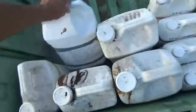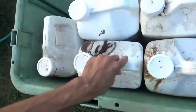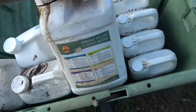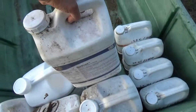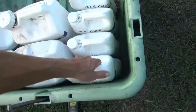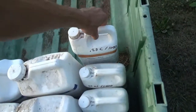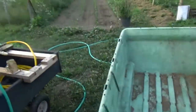So we've got the Neutralive Grow, Neutralive Vitality, Sea Stim, Forage Foliar Custom Blend, which also has Sea Stim in it, Sea Shield, and then the Rebound line for iron, zinc, copper, and boron. And the reason for the Rebound line here is we did a plant sap analysis test on